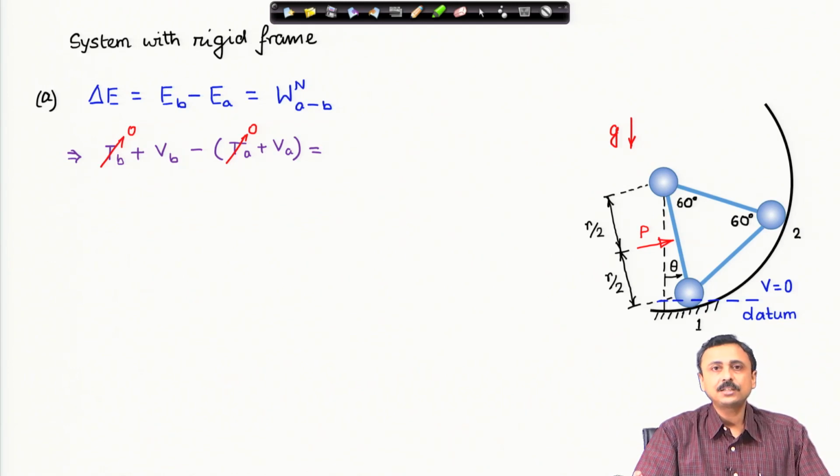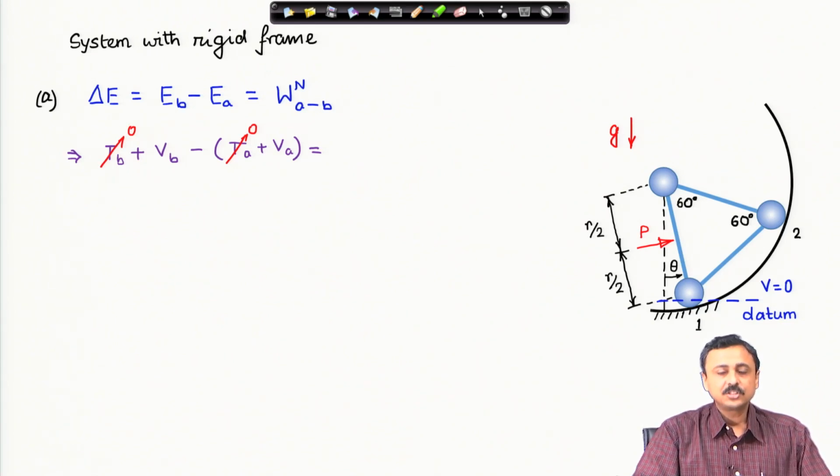Therefore, at that position the kinetic energy at B must be 0, it is only potential energy. Similarly, the system started off in state A at theta equal to 0 with 0 velocity. So, the kinetic energy in state A is 0, it is only the potential energy in state A,